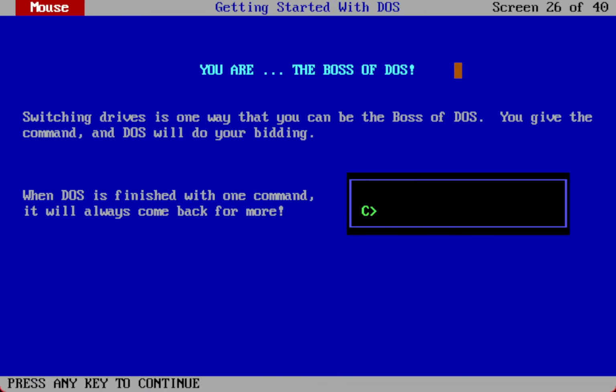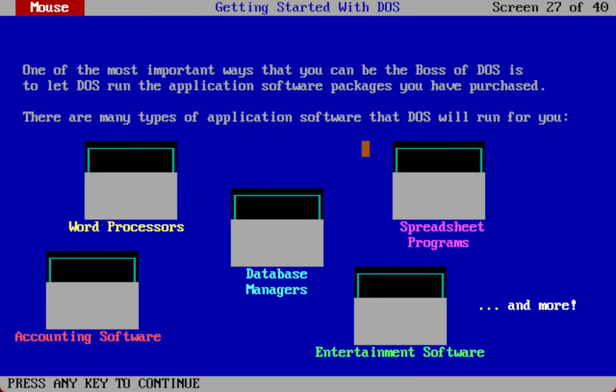You are the boss of DOS. Switching drives is one way that you can be the boss of DOS. You give the command and DOS will do your bidding. When DOS is finished with one command, it will always come back for more. One of the most important things that you can do as boss of DOS is to